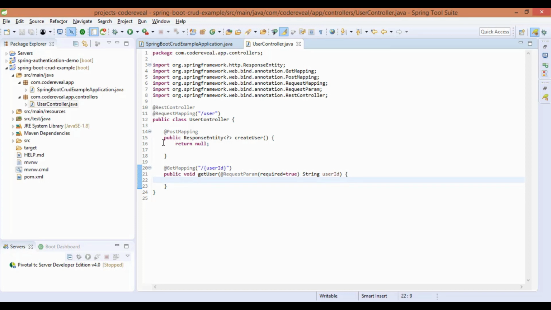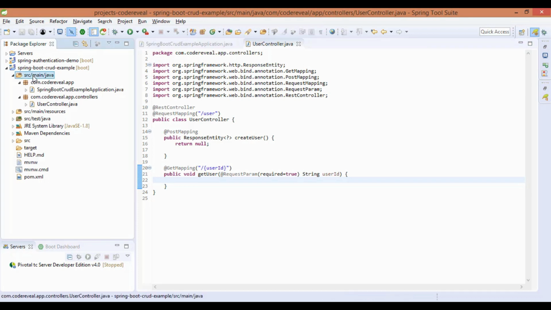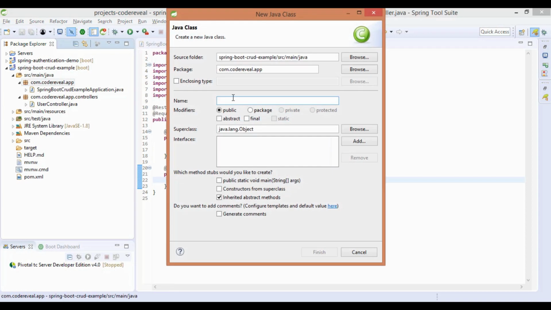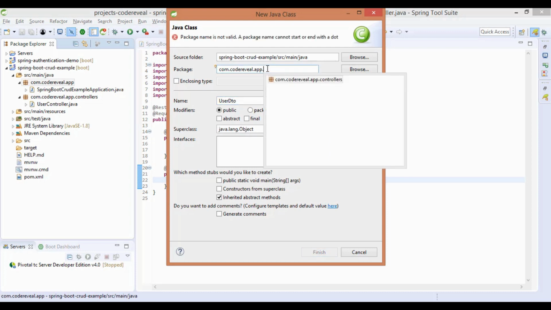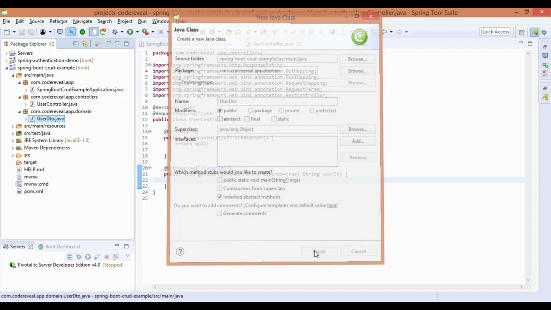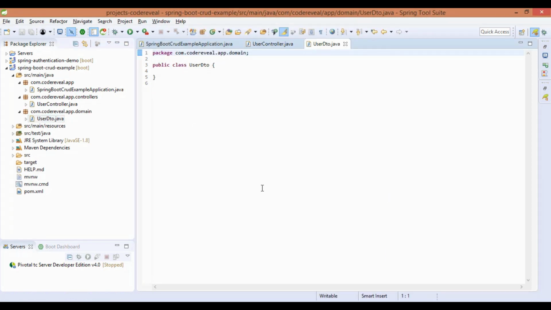Now first we need to create a user entity, because the user entity will be used for all the methods, so we have to define that first. I have given the name UserDTO here, and we are adding it in a different package. To define any entity, we have to annotate it with @Entity on top of the class, and here we can define the table name also.